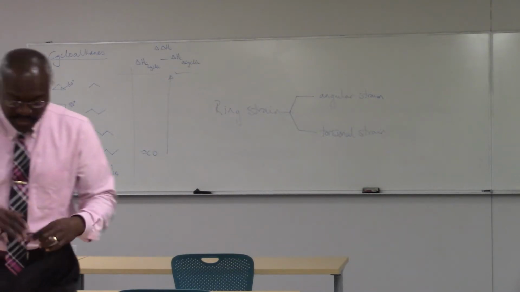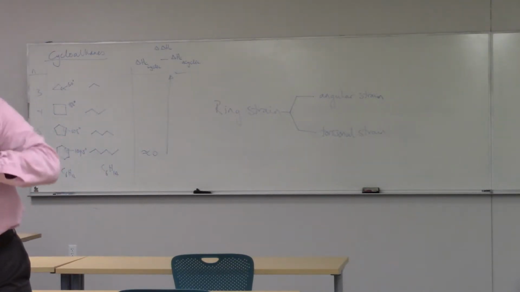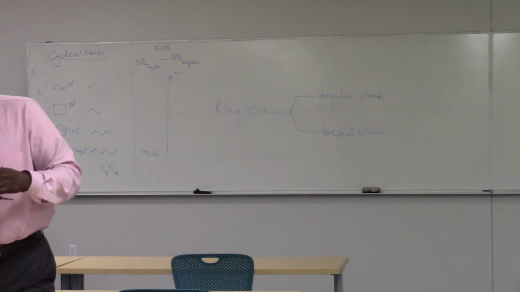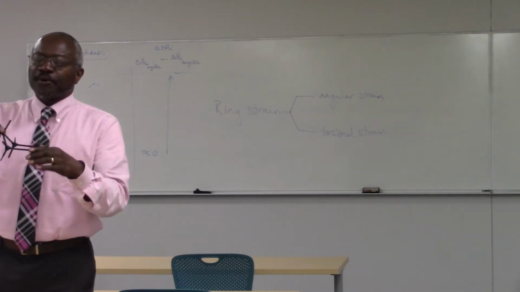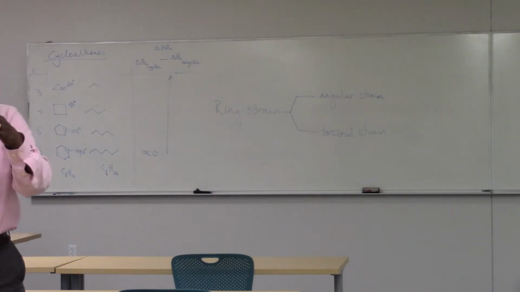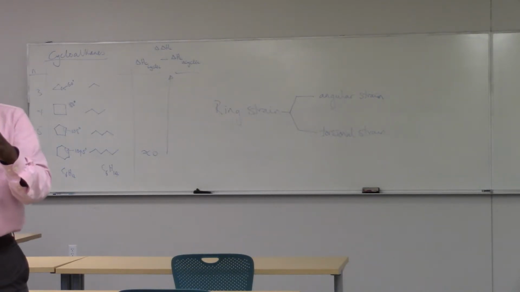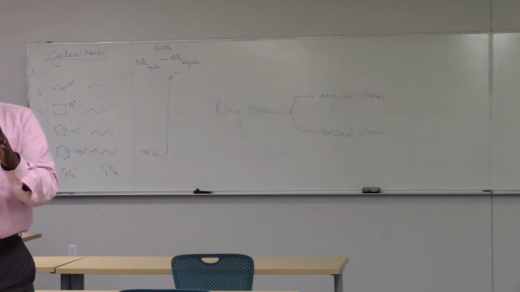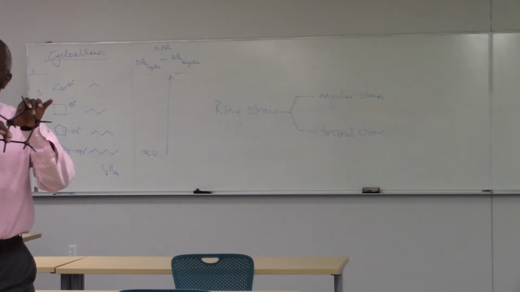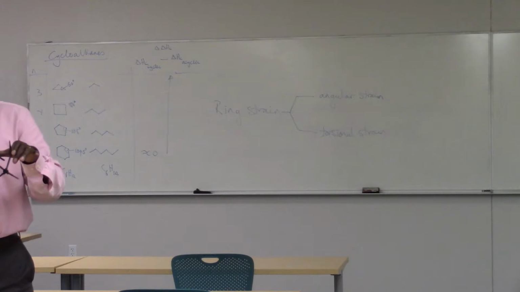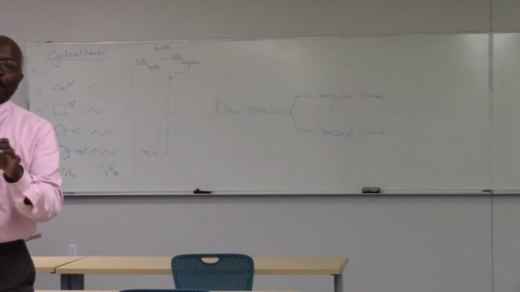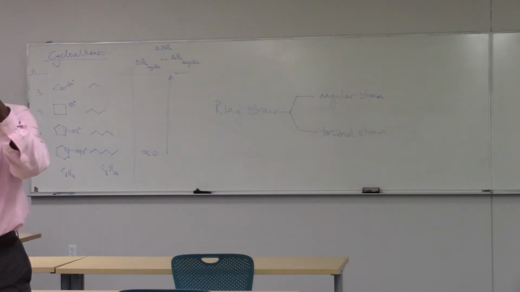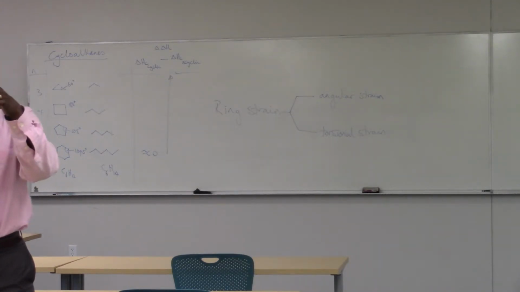Oh, shoot. I should go back to cyclopentane for a second. I'm going to make cyclopentane again. There is a term we use for this conformer of cyclopentane. This is called the envelope conformer, because you have to use your imagination here a bit. It's taking an envelope and opening it. So this is the flap. This is where you lick. Well, you don't lick anymore. You get one of those little wet pads and do this, and then you fold it over and you seal the envelope. So this is called the envelope conformer of cyclopentane.